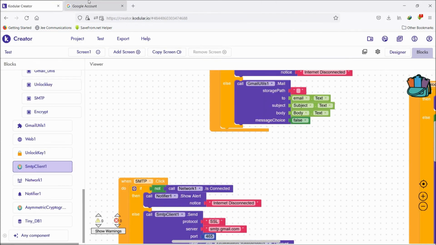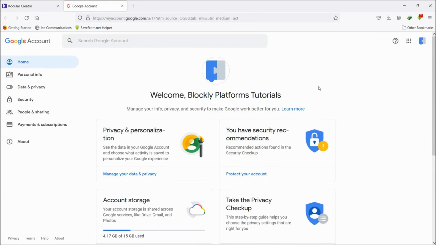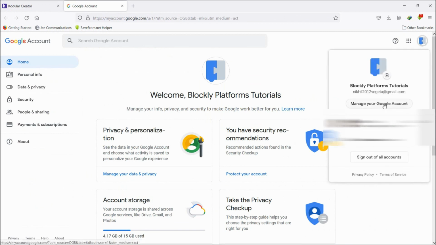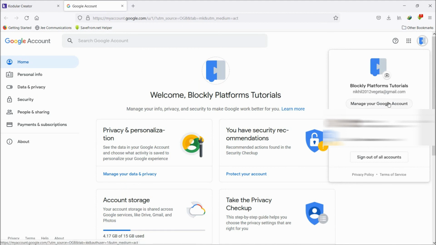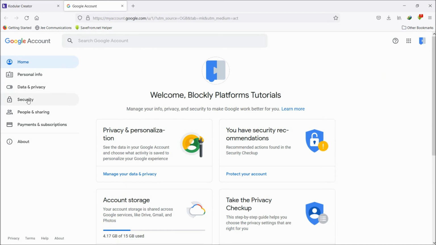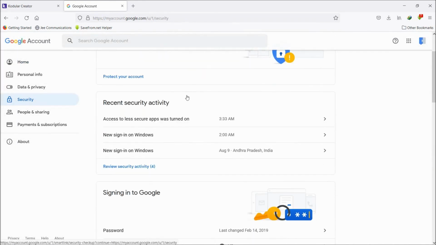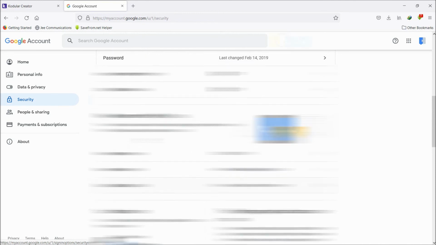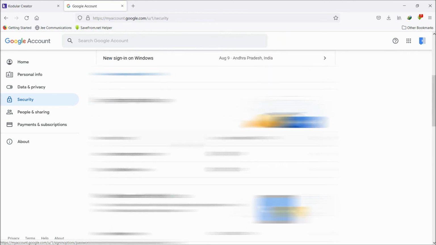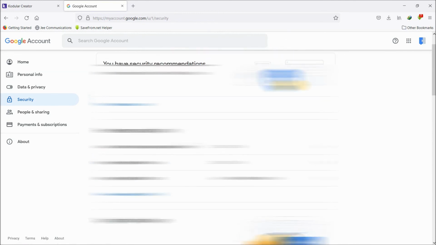One thing I want to tell you guys: while using this SMTP protocol, you need to first go to your Gmail, click on Manage your Google account, and go to Security, guys. You need to check for one thing.